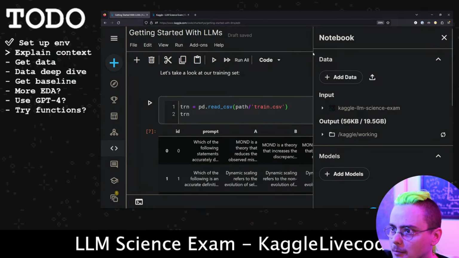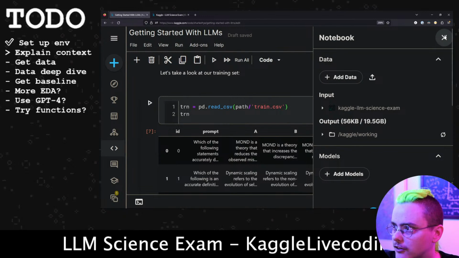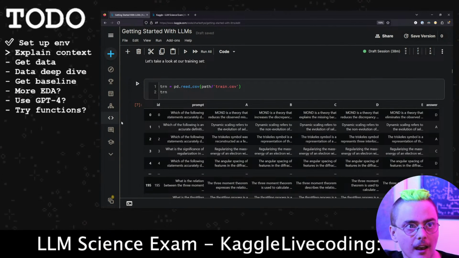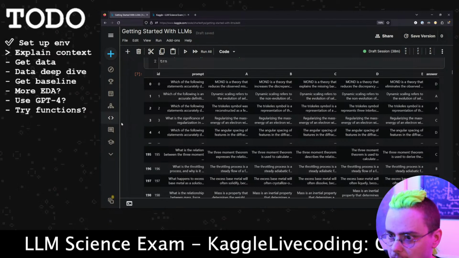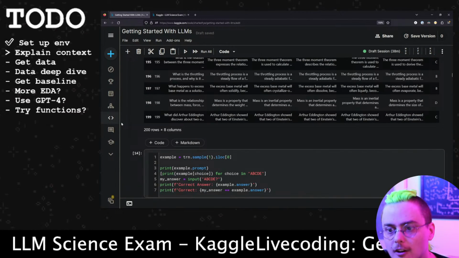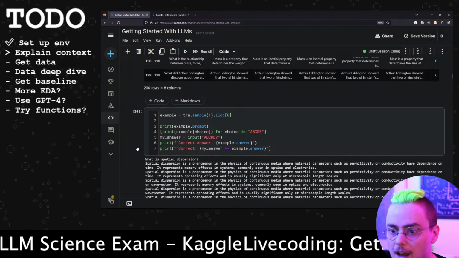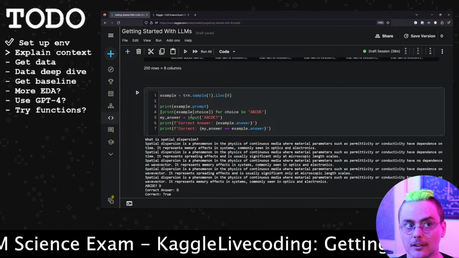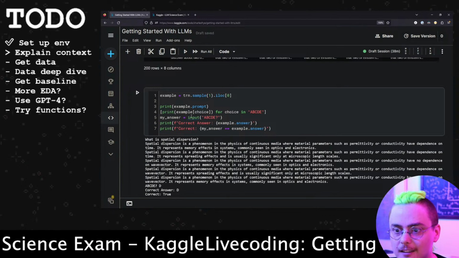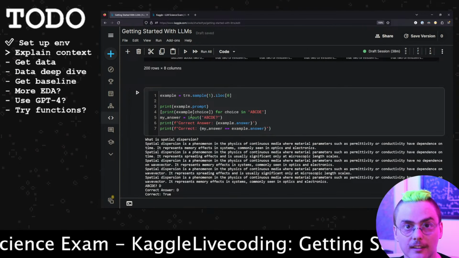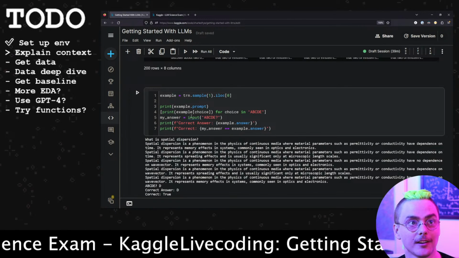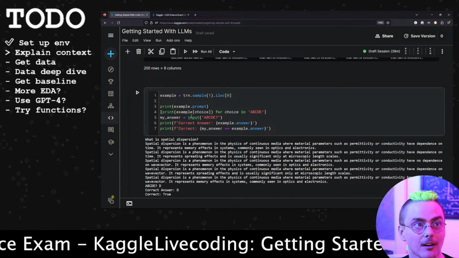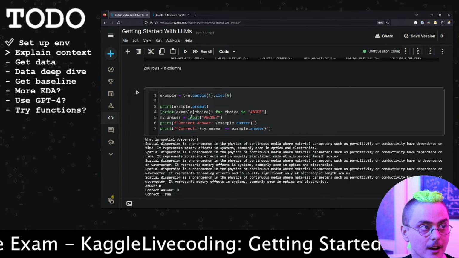All right, let's jump back in here to the actual notebook. Can I close that tab? Great, love that. Get rid of that guy. And let's jump back into looking at this data. So now we understand a little bit more about how we're being evaluated. One of the things that I really like to do, and this is something I've seen recommended by lots of people, including Andrej Karpathy, is to take a look at the inputs and try to learn to do the task myself, and practice the task myself before I hand it off to a language model.